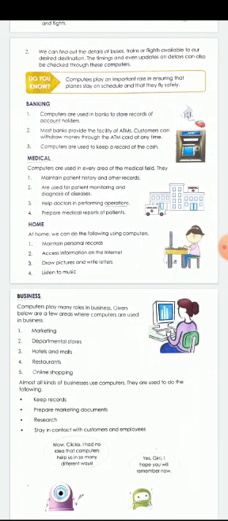For all these things, computers are used in hospitals. At home, we can play games, chat with our friends, make video calls, listen to music, and maintain our personal data. All these things can be done.